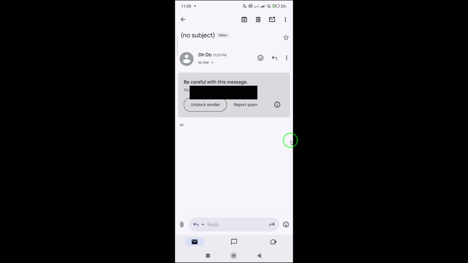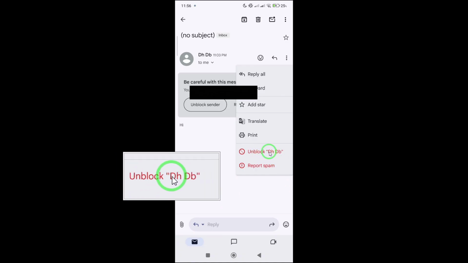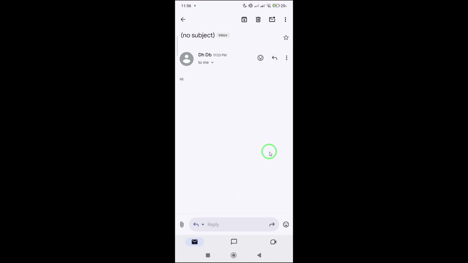At the top right corner of the email, you'll see 3 vertical dots. These dots represent the options menu for that specific email. Tap on them to reveal a list of actions you can take. From the menu that appears, look for the option that says Unblock followed by the sender's name. Tap this option. By doing so, you're telling Gmail that you no longer want their emails filtered out or sent